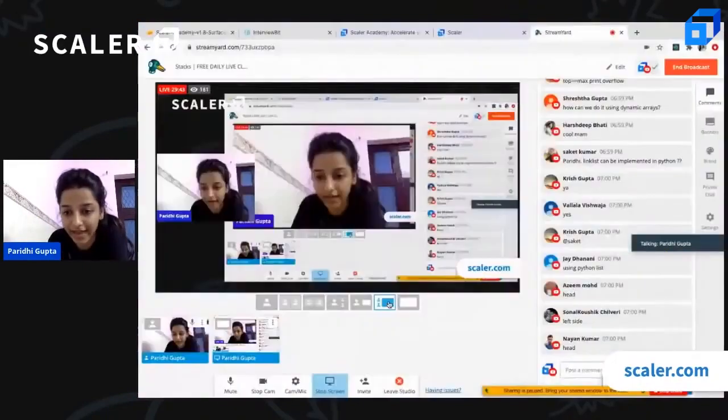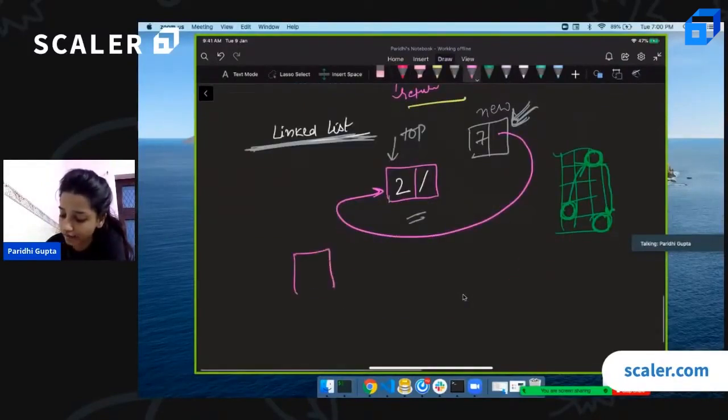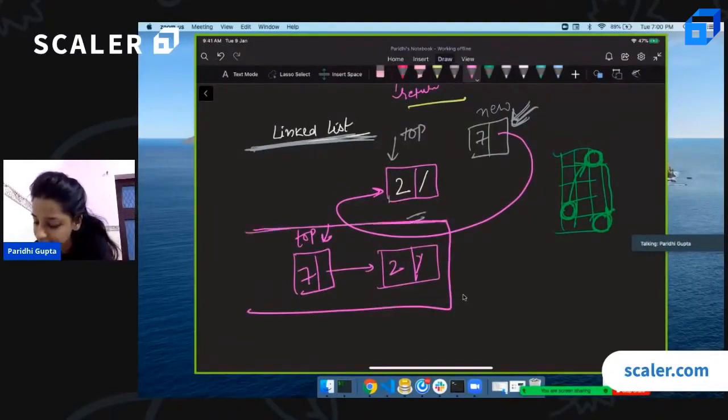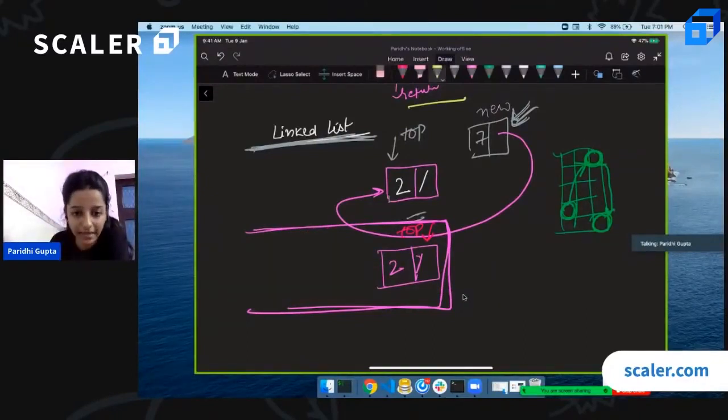So where will you insert it? We can put it on top of head. Now we can make its next pointer point over here. So this is how our stack would look. Now top will be over here. In case of a linked list, you can imagine a stack like this, it's growing. And when you want to pop an element, you can shift this top to the next position, and you can free up this space. So that's how you can implement a stack using a linked list.